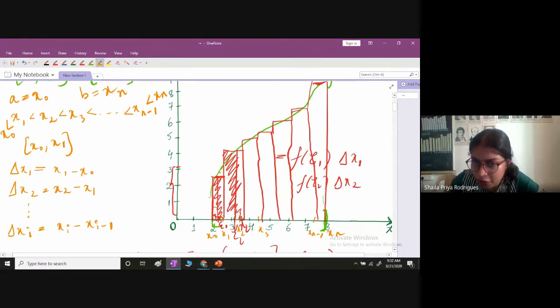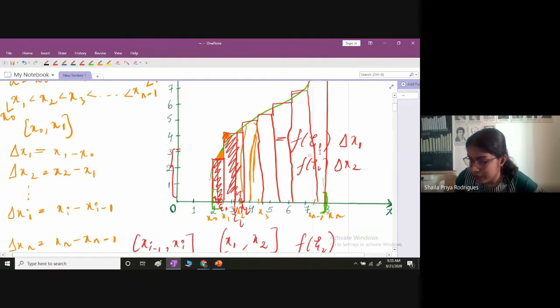When I've taken the approximation in this manner, in subintervals, there were some gaps over here which did not cover the area, and there was some extra area here, right? To get rid of all this, decrease the length of all your subintervals as much as you can till you get just lines here as rectangles. Your rectangles become as thin as lines. You might have an infinite number of lines in between, as many lines as you cannot count, and then you're going to get rid of these gaps so that you get the most accurate area under the curve of this function. All right.